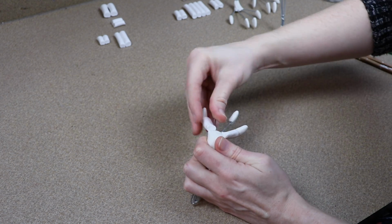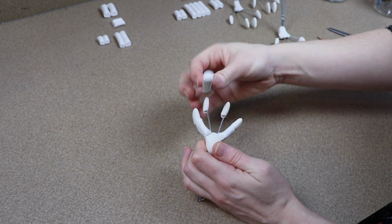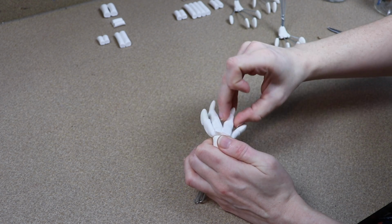Once those are out of the oven and have cooled to touch, we can then start sculpting the bottoms of the feet and the back of the foot. For this, I'm just going to take some strips of clay. They're cut to the length of each toe wire, and I'm just going to push them onto the bottom portion of the toe. I'm going to push them into place and kind of pinch them around the wire a little